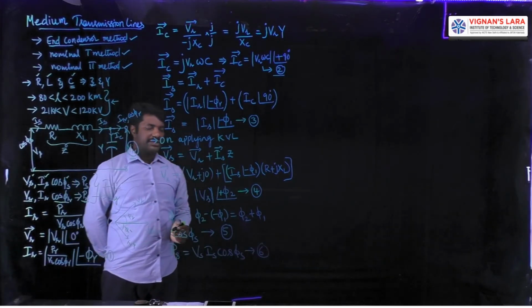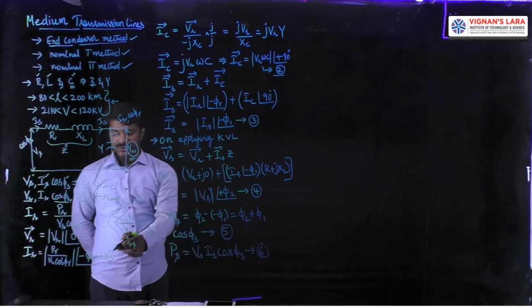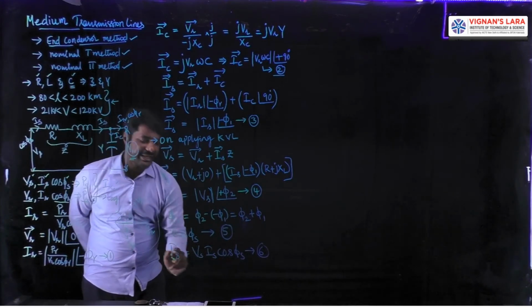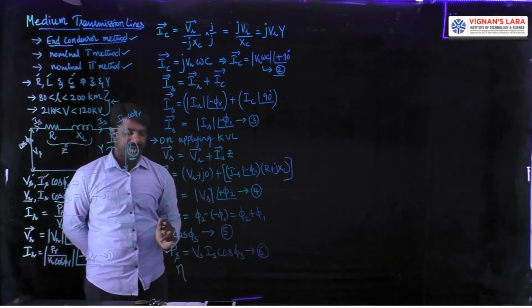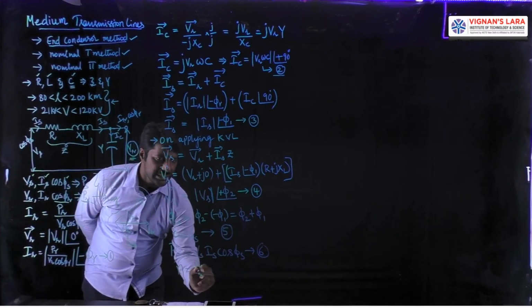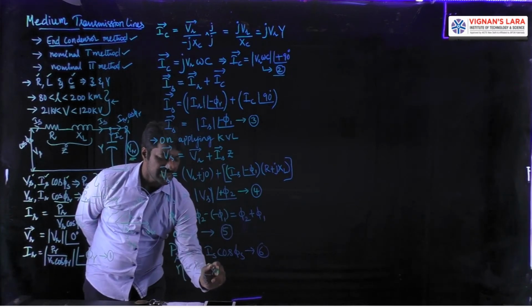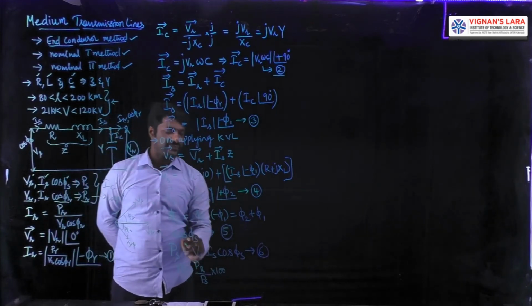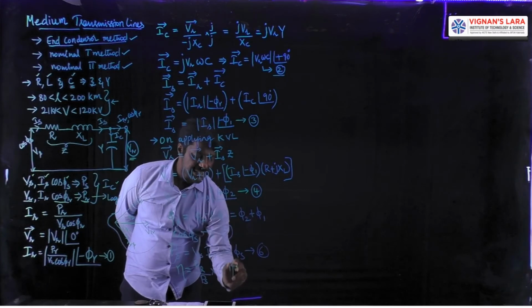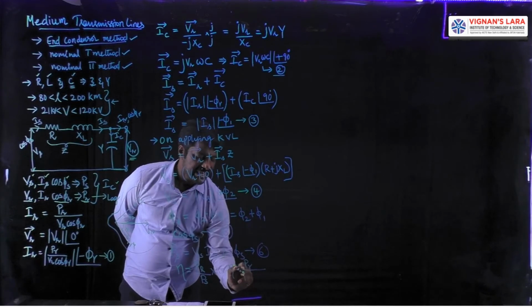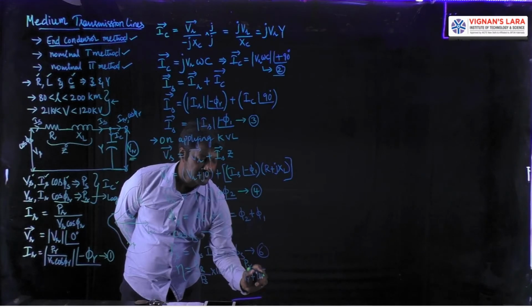With the help of equations 1 and 6, I mean to say the known value of the power PR and the calculated value of PS, we can estimate the efficiency of this transmission line. Efficiency is equal to the ratio of the receiving end power to the sending end power, multiplied by 100 for getting it in percentage. In other words, we can also calculate efficiency as the receiving end power PR divided by the sending end power, which is written as the receiving end power plus transmission loss.